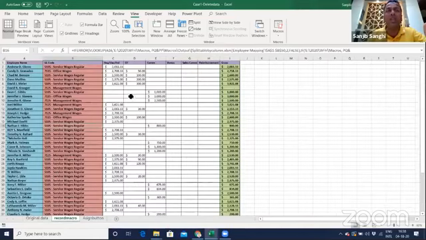Let me go back to the same sheet again. I've just copied this for the understanding purpose. This is the same sheet we had in the past. Now this time I got a new template with the data filled in for the last payroll and I want to delete this data using macro.